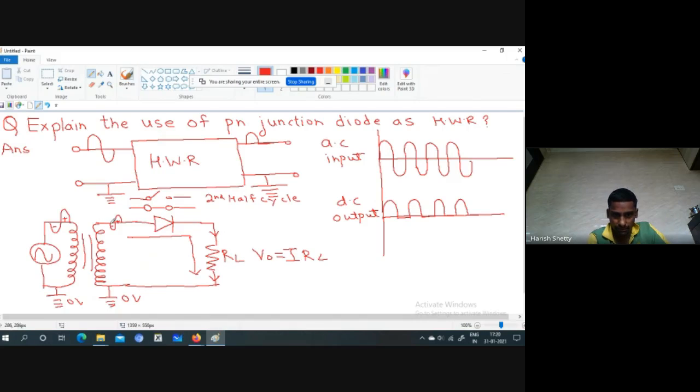When the third half cycle comes, again you will find that this diode is forward bias. That means this is positive and this is negative, so it will work like a closed switch. It will allow the current to flow, and therefore there is no drop over here. This is just behaving like a connecting wire, as it happened in the first half cycle, and it will allow the current to pass, and therefore we will get voltage over here. So there is no drop of voltage over here, and during the third half cycle we will get the output voltage.